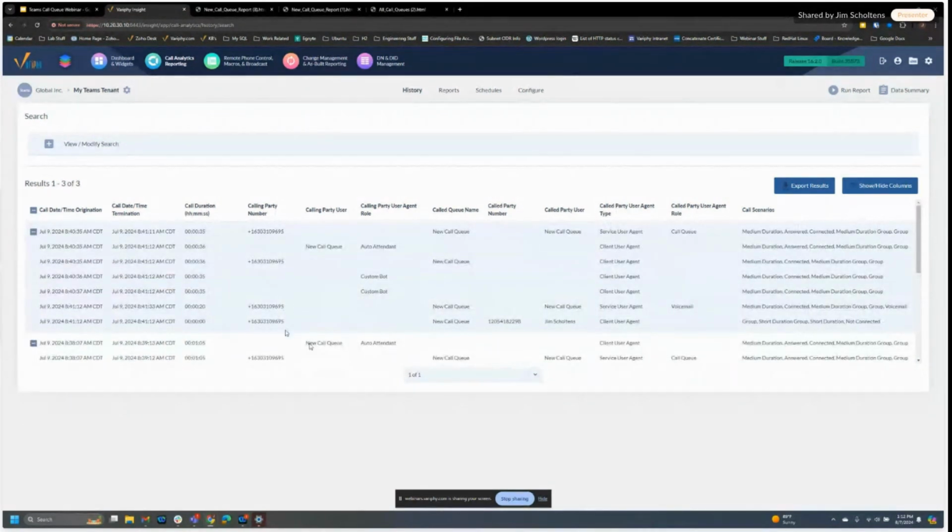But yes, this is what we want. We want to be able to summarize on who's getting the calls. So I'm going to go into our report. I could go into reports and start from scratch, but if I just click on this export results,